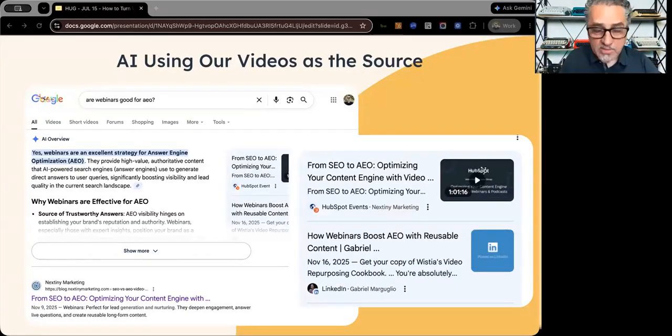Usually, Gemini is the first one because it's Google. Google is so fast; it's unbelievable. We used to wait 6 months for SEO to show up. Now we can do it in a day, in hours. Perplexity second, sometimes Claude later, and then I'm going to say ChatGPT is the last one. Sometimes ChatGPT is showing old content months later, which is super frustrating, but it is what it is. I love ChatGPT as a tool. I don't love it for AI brand visibility because they're usually behind. So a lot of our clients are like, oh yeah, this is happening with Gemini. What happened with ChatGPT?